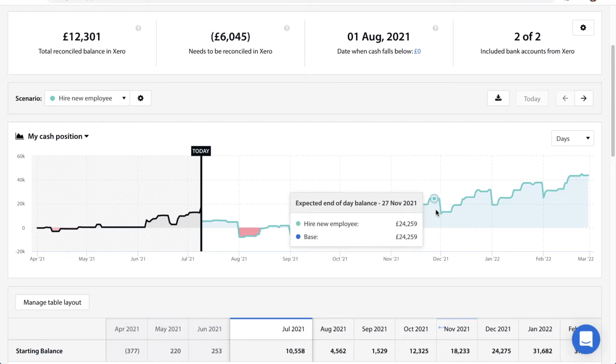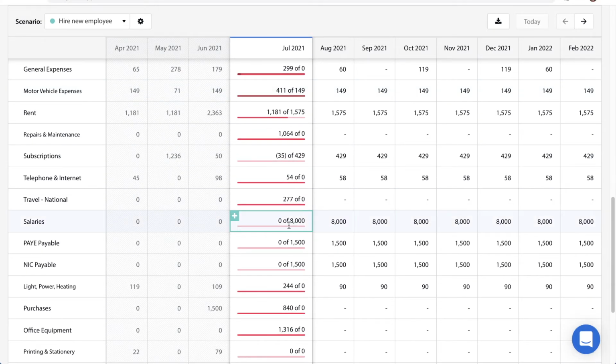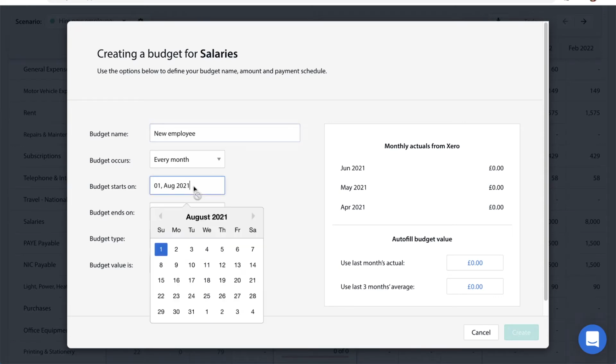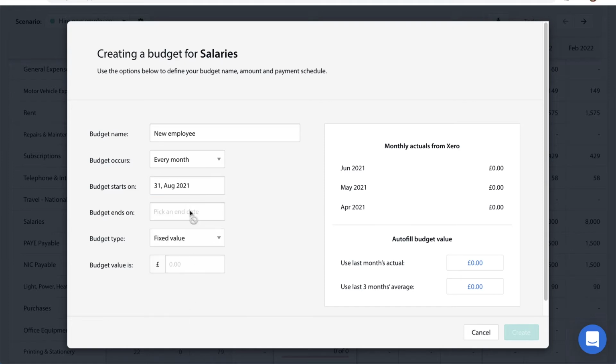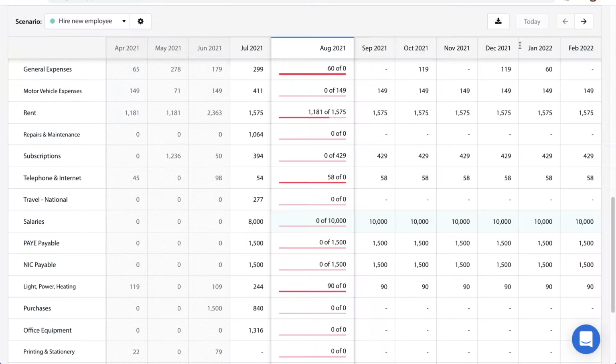Scenarios start out as an exact copy of your existing forecast in your base layer. You can then make changes by adding new budgets or ignoring base budgets. To reflect a new employee, I'll increase my salaries line. I'll pay them at the end of every month. And save that. And my tax associated with paying that, which is called PAYE in the UK,